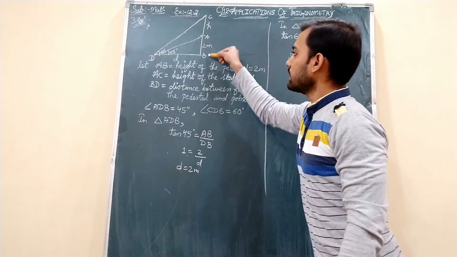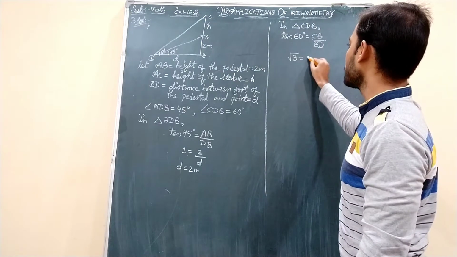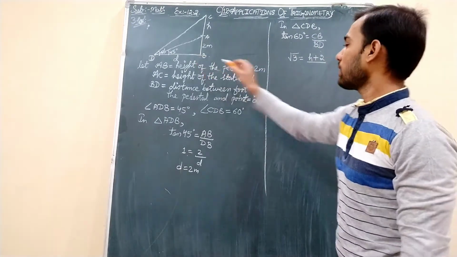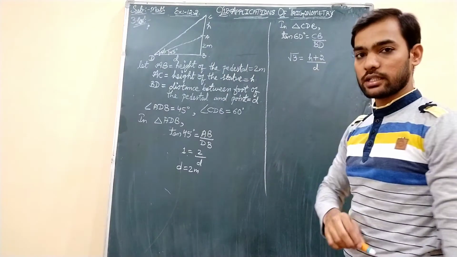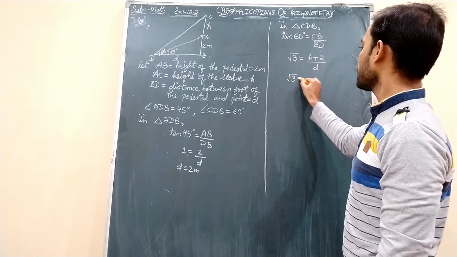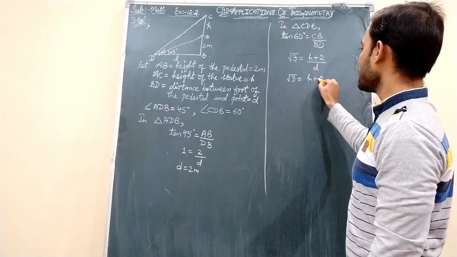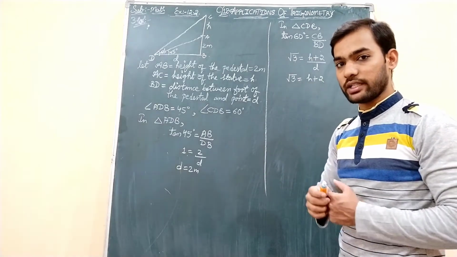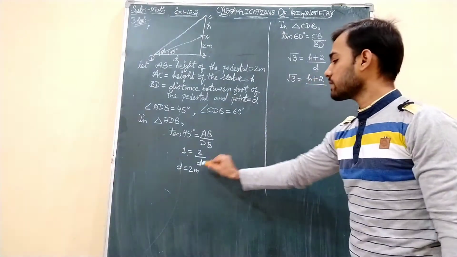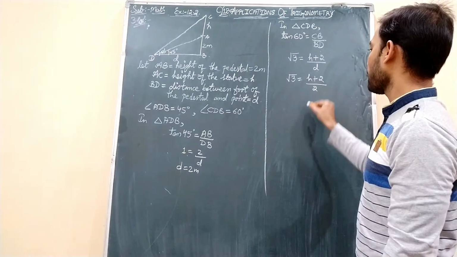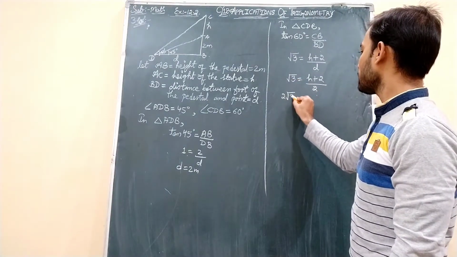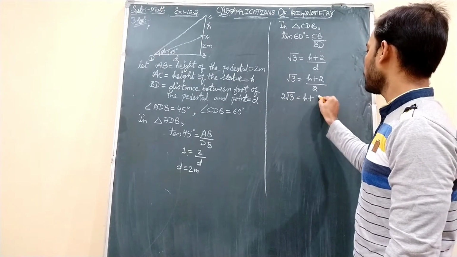CB from here till here, it is the combination of two sides, so that is nothing but H plus 2. And BD already we know that is small d. Understand students? So this root 3 as it is, H plus 2 also as it is, because you cannot add them, they are different terms. One is variable, another is constant. Divided by D value just now we got, that is 2 meters. Now multiplying this 2 this side, 2 into root 3 will be 2 root 3 equals H plus 2.